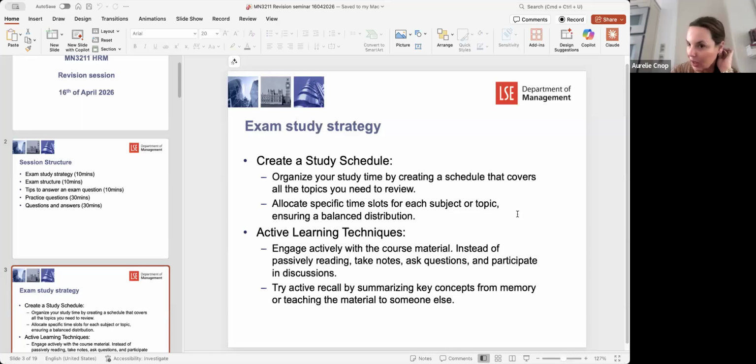So when you are revising the course material, the idea for this type of exam, which is social science based and essay based, is to engage actively with the course material. So instead of passively reading, take notes, ask yourself questions, try to participate in discussion. And a way to do that, if you had the opportunity, which I'm not sure during the course, is to form some study group or maybe 1 or 2 participants or colleagues that you know,